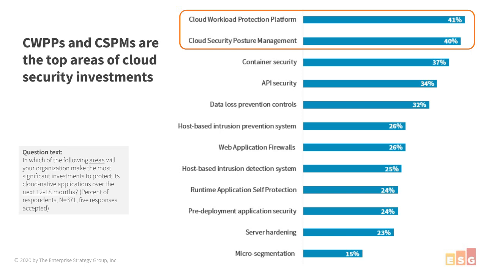assess the posture of your configs in your entire cloud footprint, so not just the cloud native stack, but also how you're using APIs, your identity and access management settings, and more, so sort of a holistic config view of your cloud footprint. And then using a cloud workload protection platform that deals with the whole life cycle from pre-deployment into runtime. So we think these two categories converge into one, and they subsume a lot of the other categories like container security and API security. So directionally, ESG's point of view is a lot of consolidation of disparate features, functions and controls into a platform.